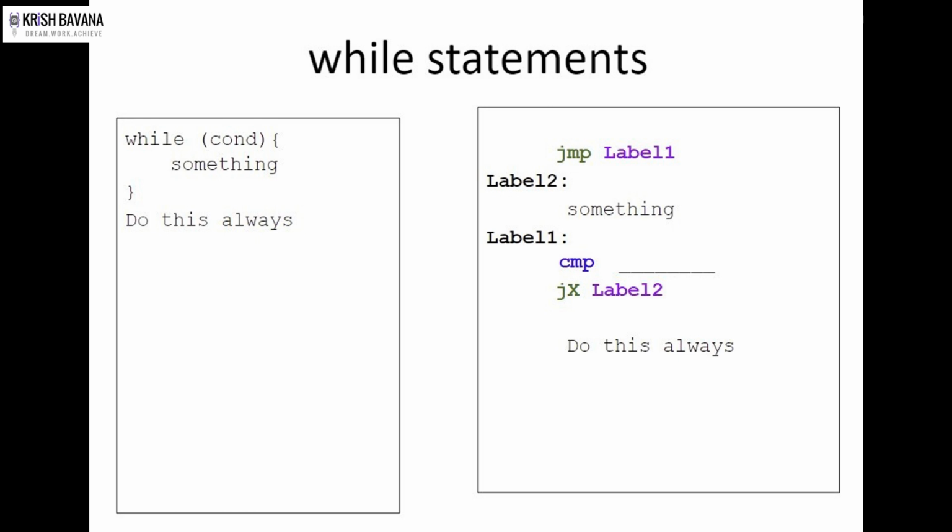So let's start with JMP label 1. So we're telling it to go to label 1 first, and then in label 1 we're telling it to compare. Say in the comparison statement we have something like x not equal to 10, just like the condition that I told you in the while loop. So it goes in there, and then it jumps to label 2 if the condition is passing. So this happens until the process keeps going on. Once the condition fails, the jump is not going to work anymore, and then we're going to come out of the loop, and then the program continues. So this is how we basically write the programs in the assembly language.